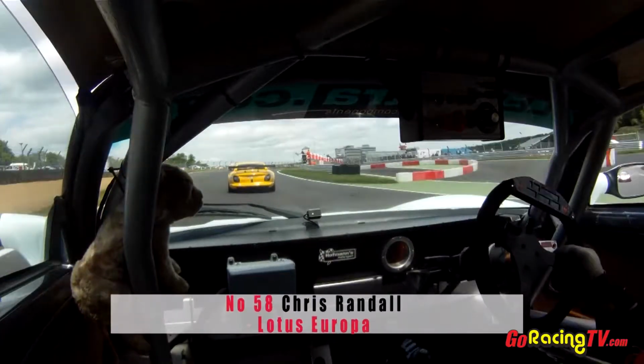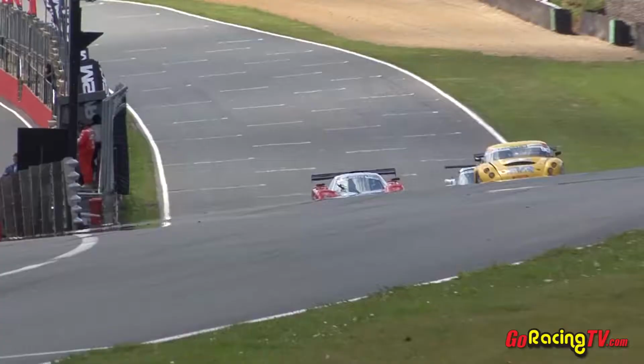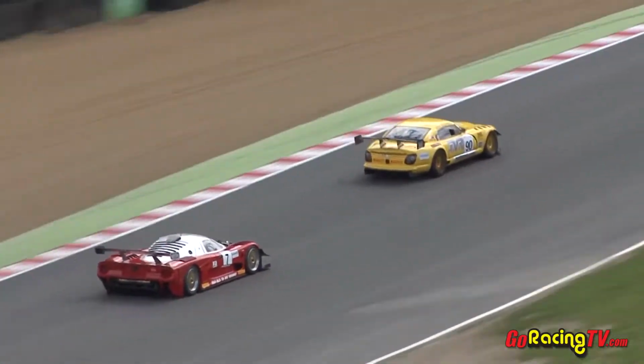Comes from Sevenoaks, does Michael. Good clean manoeuvre through. Chris read that well, kept to the outside, and I think we'll see the Mosler go through. There it is, chasing in second position. It's a very keen battle, not only for the overall race, but also for honours in GTO here. So Michael Saunders